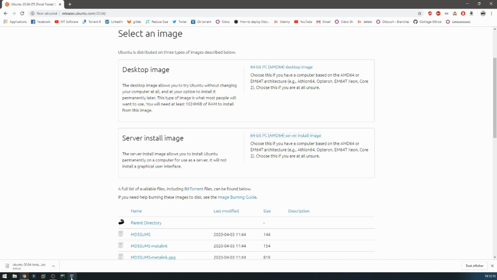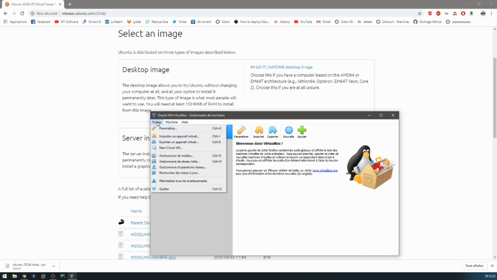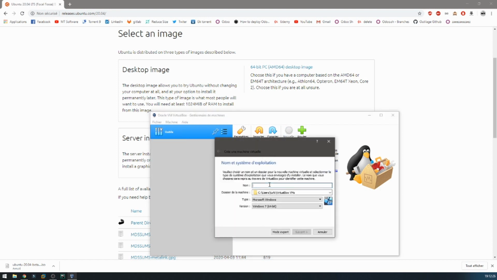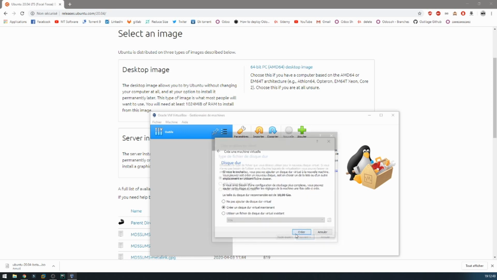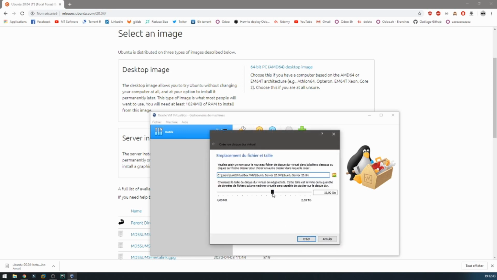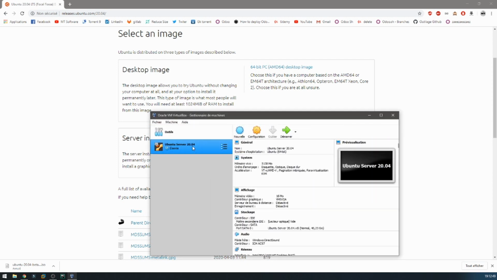So I will use VirtualBox, but it is the same thing if you install it on your PC. So this is Oracle. Let's create a new machine and call it, for example, Ubuntu server 20.04, and next. And for the RAM, I am going to give 4 gigabytes or 5, and next, create. And for the disk I will give 40 gigabytes, and create. After that let's open the machine and then give the ISO image for the boot